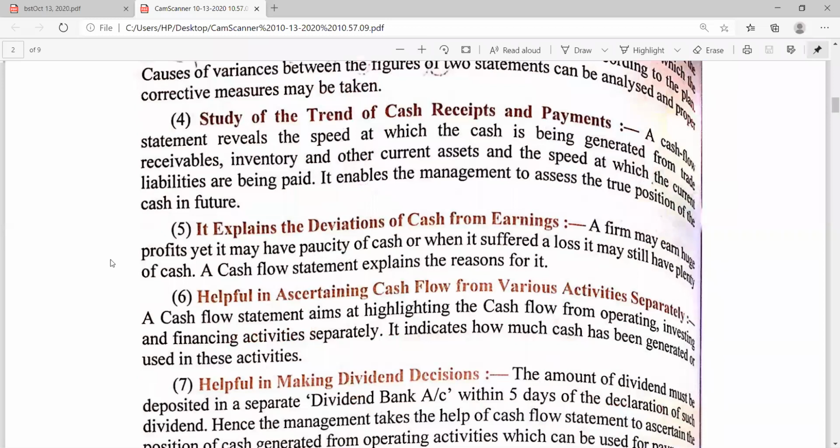The firm may earn huge profits, yet it may have a paucity of cash, and when it suffers a loss, it may still have plenty of cash. A cash flow statement explains the reasons. It also helps in ascertaining the cash flow from various activities separately. A cash flow statement aims at highlighting the cash flow from the operating activity, investing activity, and financing activity. It also indicates how much cash has been generated and used